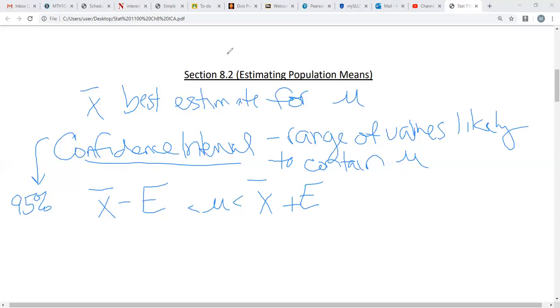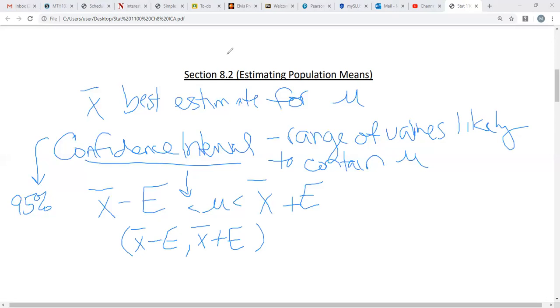We can also denote this just in interval notation. So instead of having it in our inequality notation, we can write it in the interval x bar minus e to x bar plus e. Let's talk a little bit more about what e is. We've seen so far we have a margin of error. So we're saying, okay,